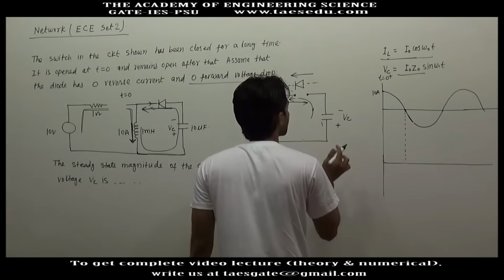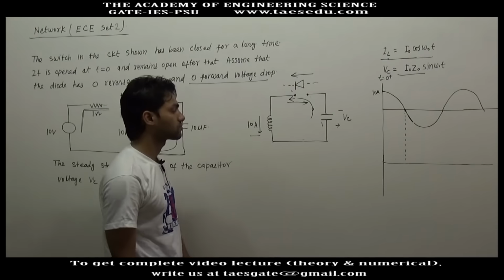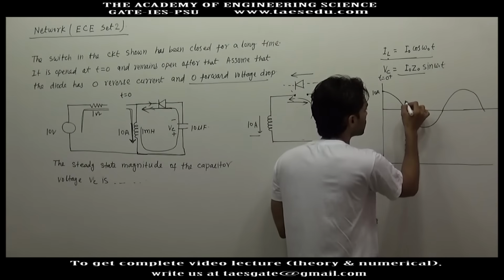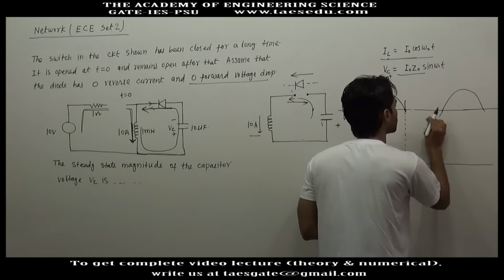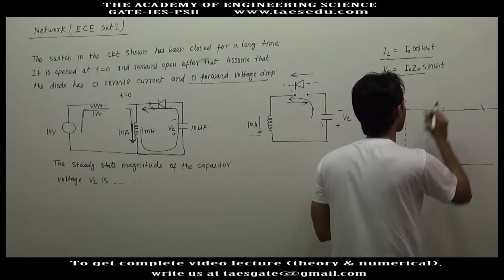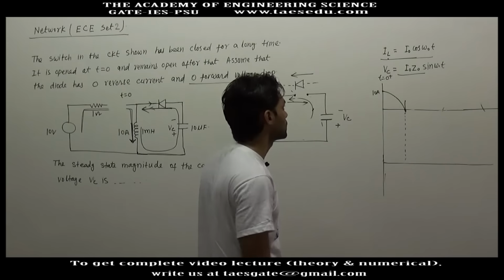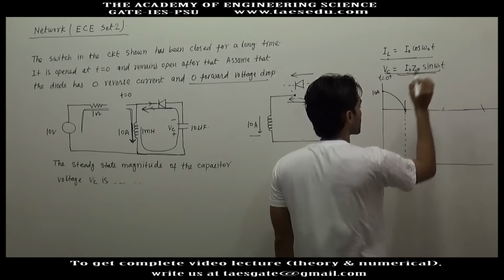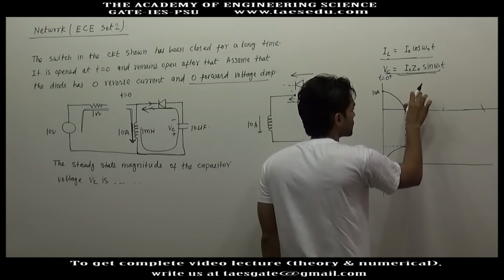If there is no current in the circuit, the capacitor voltage will become constant. So this circuit will conduct only up to this part of the LC oscillation. Okay, at this point inductor current is 0, and expression of capacitor voltage is I naught Z naught sin omega naught t. When the inductor current is 0,